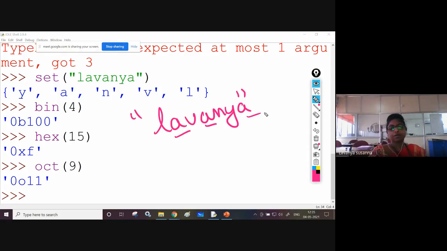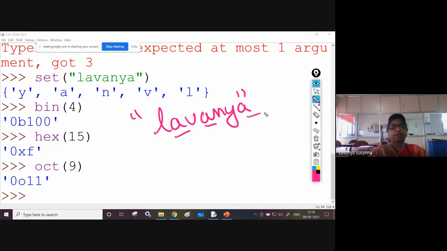Once again, say what is the problem statement? You are giving input as a string. In that string, you need to find repeated character, and then you need to display only that repeated character. In Lavanya, A is repeating many times.